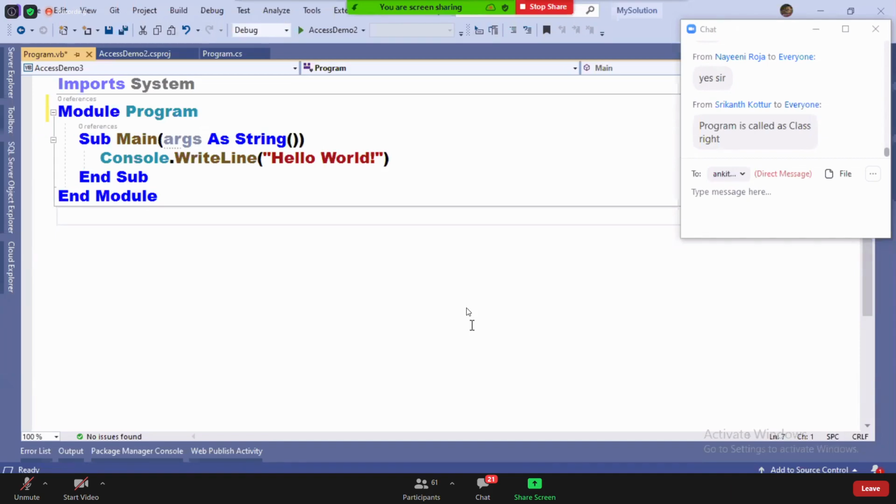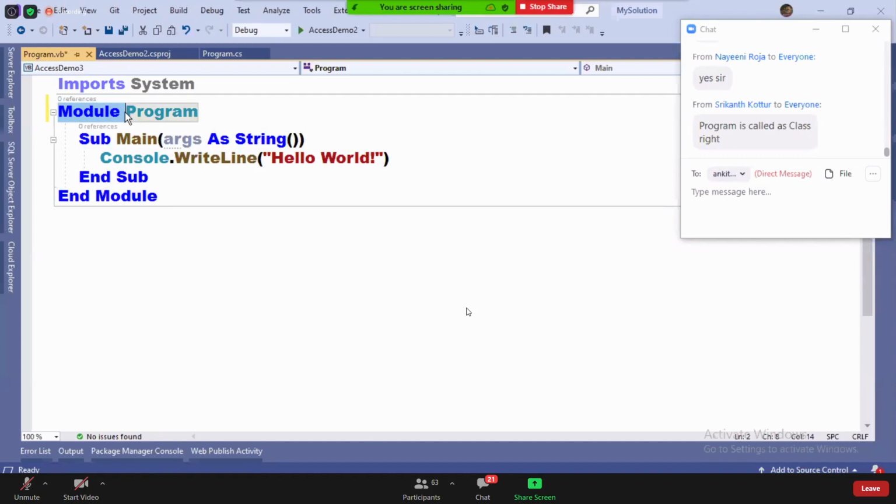Now, by default, when you open a project, it will add something called a module. What is this module?